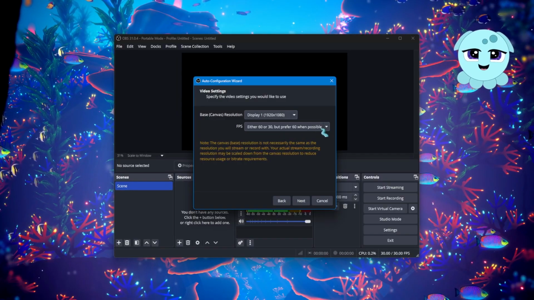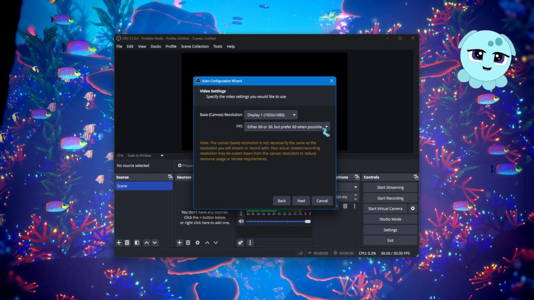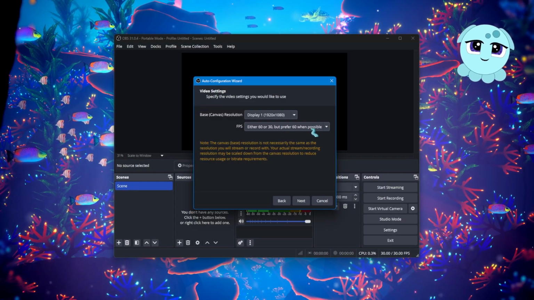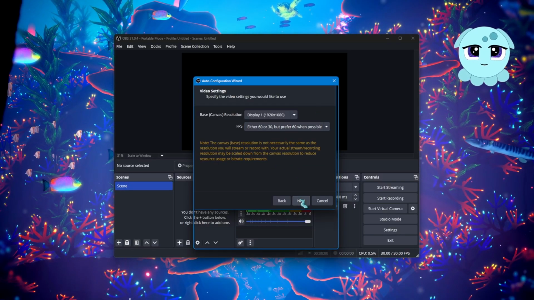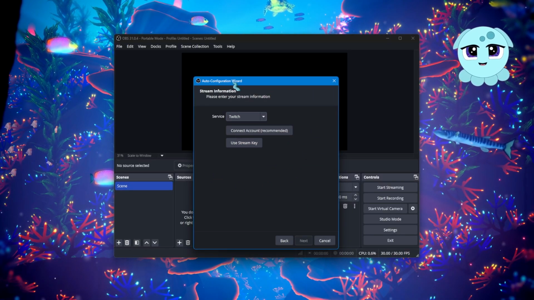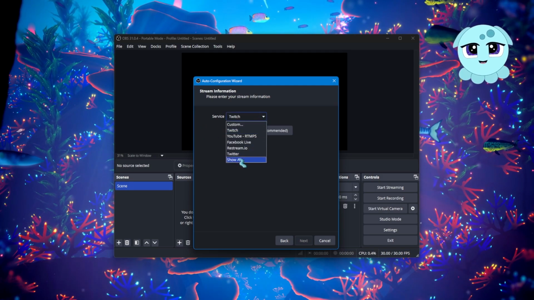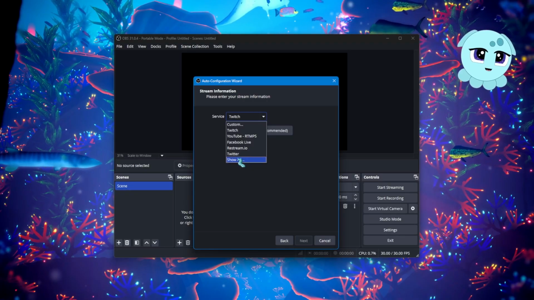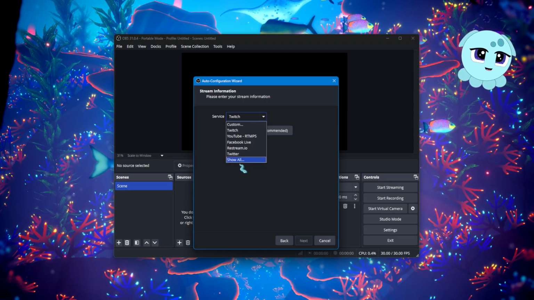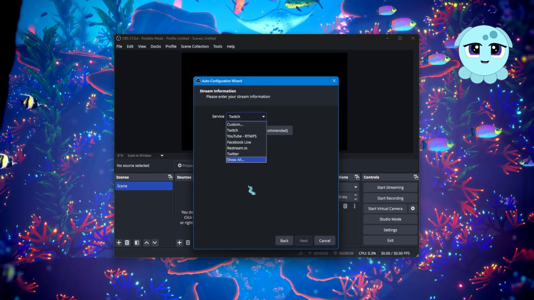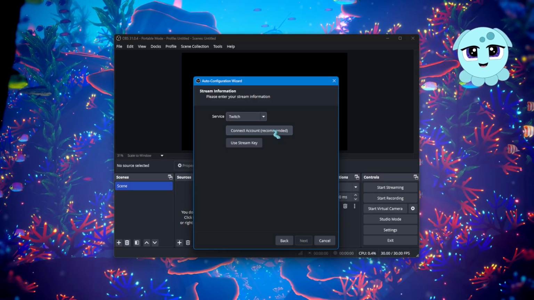The FPS doesn't need to change unless your hardware is not capable of streaming at the highest quality, which would be 60 FPS. So, in that case, you can go ahead and use the drop-down to change that if needed. Next, you will come across the stream information. Pick whichever service you use, whether it's one of these, or if you use a different streaming service, you can go ahead and click Show All, and there are over 20 options for streaming services that you can connect to using OBS. Go ahead and click the Connect Account,